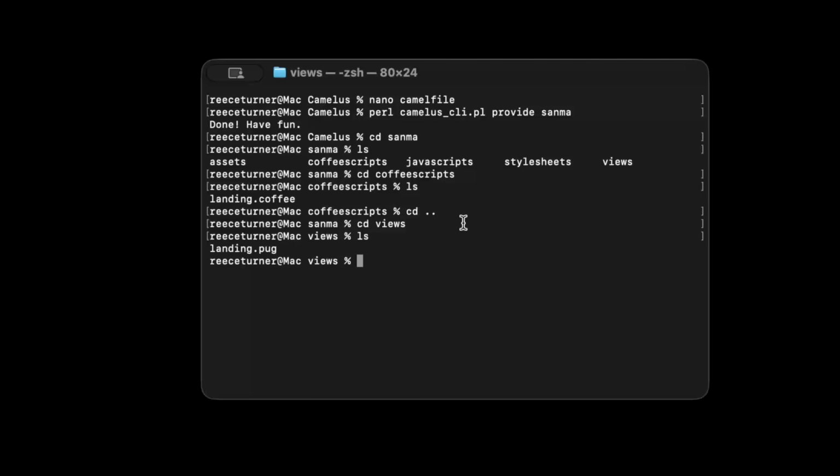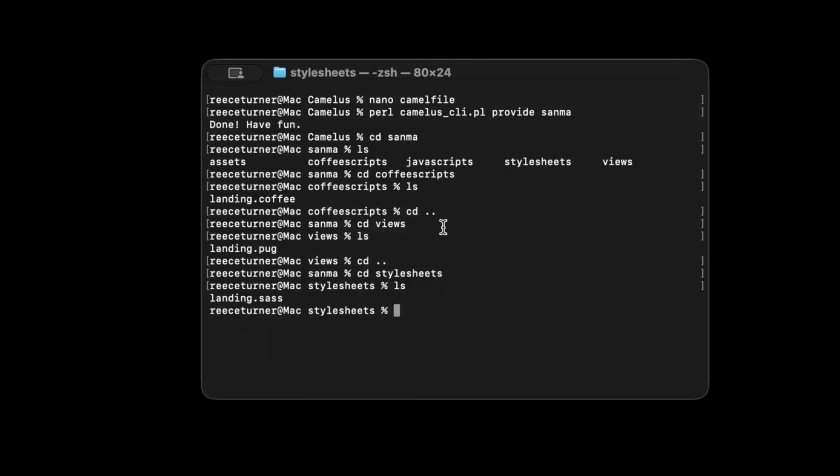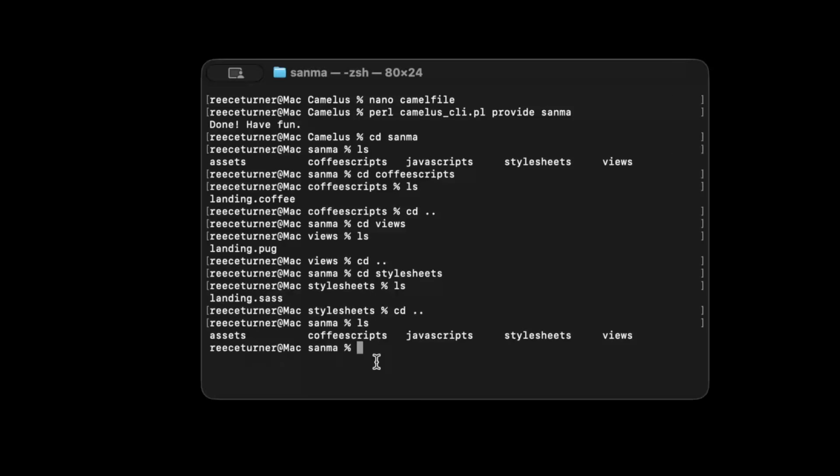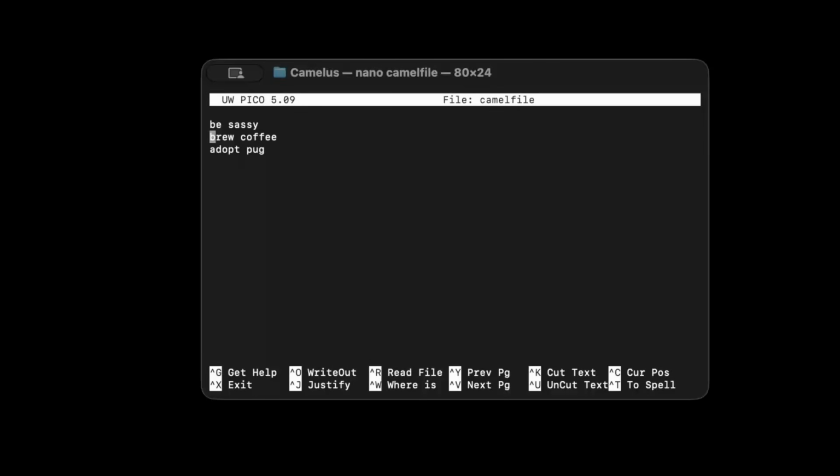What else did we do? I'll show you what we did for style sheets. Landing.sass. All right, so there you go. We just scaffolded an app with the Camel file. And the Camel file is nice because you could do everything. You could do my view is